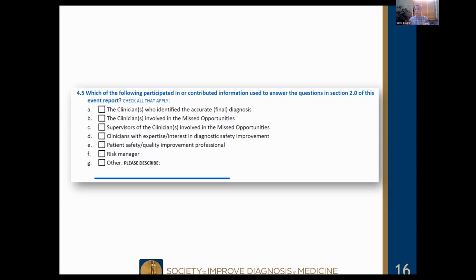So if another clinician of the same level, if we're talking about residents, for example, if another resident were in the same position with the same amount of information, would they make the same determination? If the answer is yes, then unfortunately that just speaks to the level of expertise or the knowledge as a whole. However, if they, quite frankly, I hate to say it, should have known better, then that is definitely a missed opportunity.